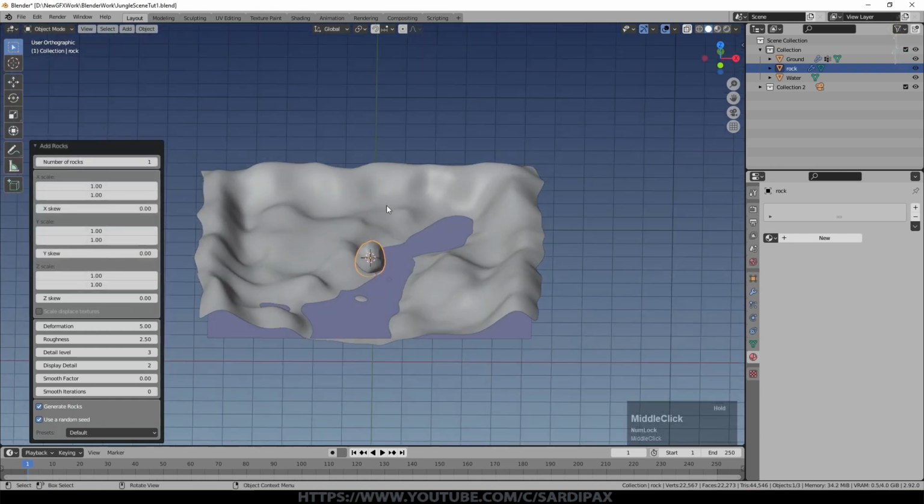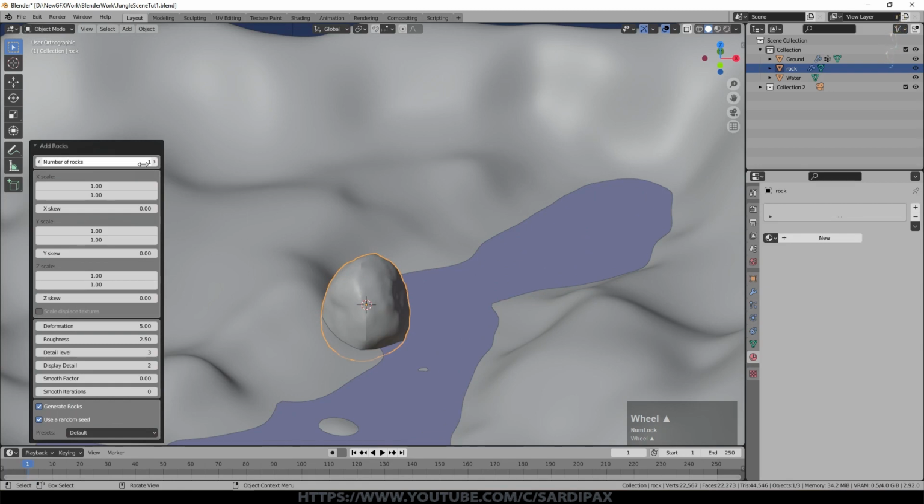So you can see it's already created a rock. I can say how many rocks I want to create up here. I can then play with the scale on the X and the Y. It keeps adding a new random to the rock, which is why it keeps changing shape. But what I suggest is go for flatter rocks if you want a stream bed. I didn't have huge numbers of rocks, so you can also perhaps decrease the roughness of the rock a little bit, but increase the detail level slightly. And we can even add a smoothness factor there because they've obviously been smoothed in the water.